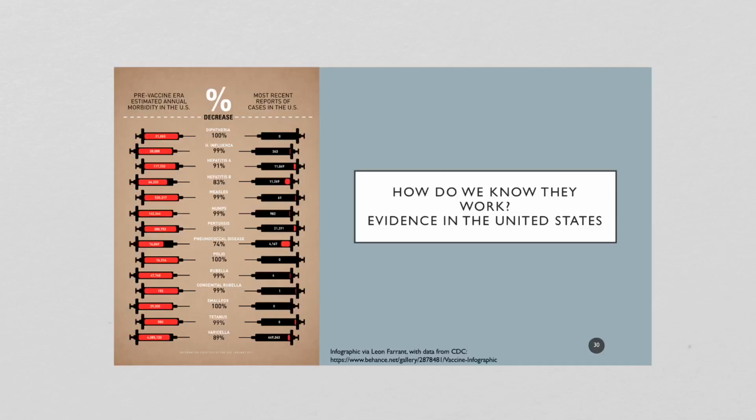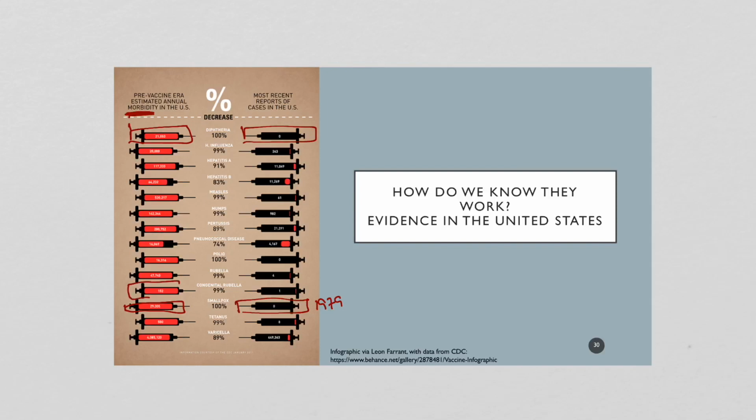And so another thing that public health does is that we look at the overall decrease in morbidity and mortality. And for this, we're looking at morbidity, which is the number of cases of a disease in the United States once the vaccine goes online. So before the vaccine, for diphtheria, we had about 21,000 cases of diphtheria. After the vaccine, 0. We had about 29,000 cases of smallpox. After the vaccine, 0. And in fact, we haven't had any cases in the world since 1979.